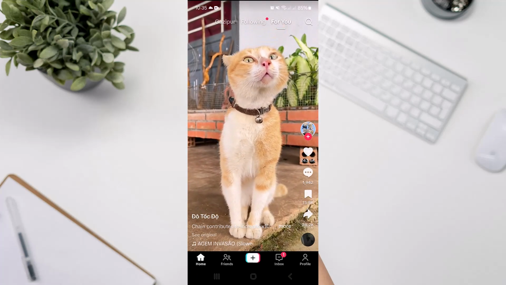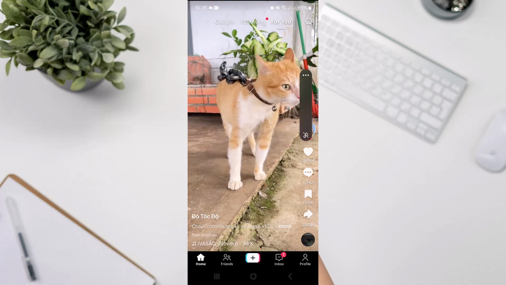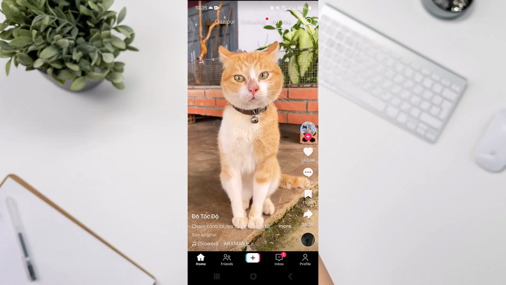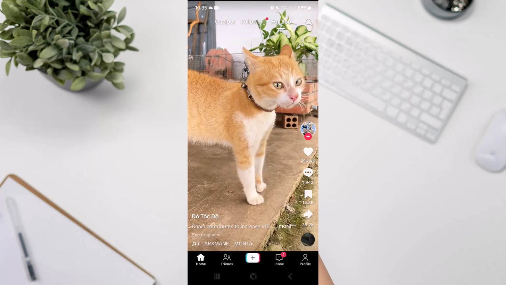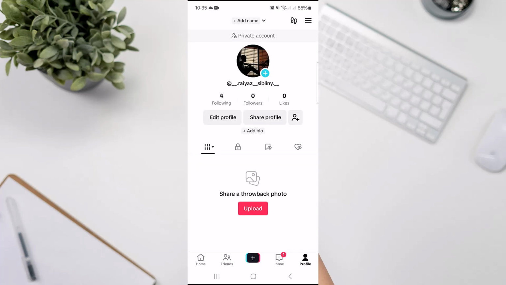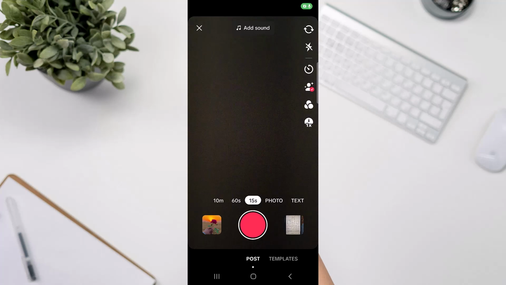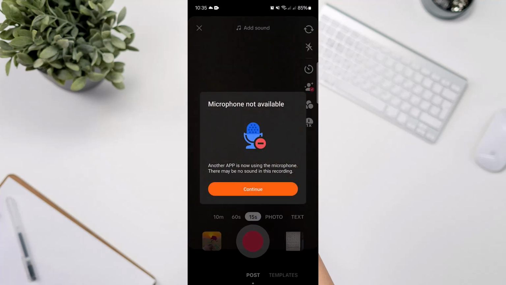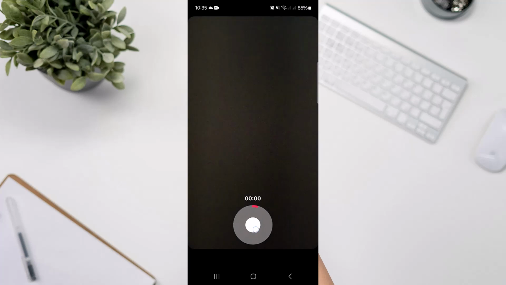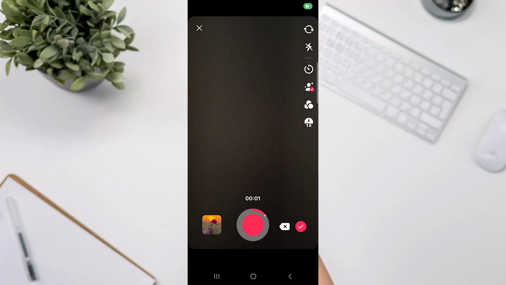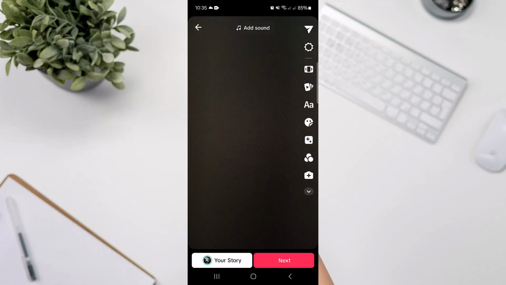Once you're there, make sure you have logged into your desired TikTok account and just go to your profile. Once you're there, just click on upload or the plus icon and just upload any video you want, or you can also take a video from here. Once you do it, just click on the tick option and then click on next,